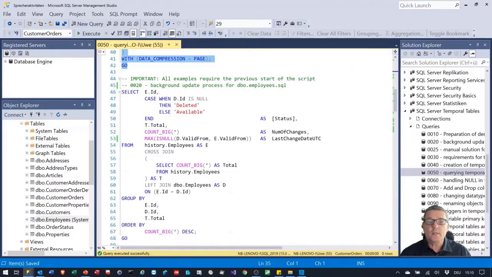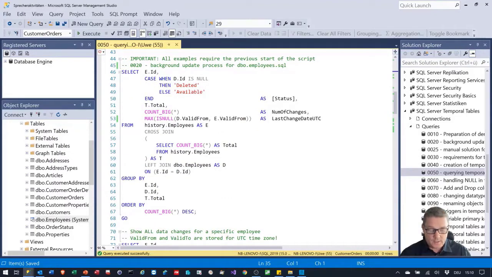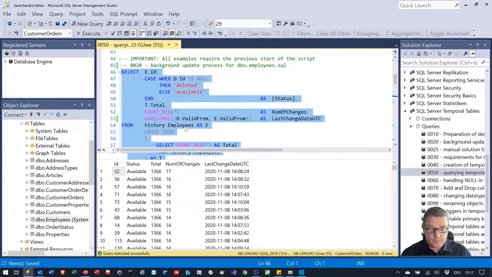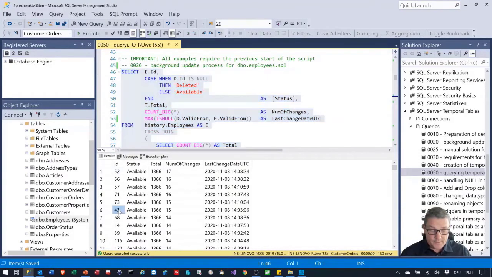Before we go ahead, let me check how many changes we have in the history table. Therefore I need a query where I run a count on the history table. I group it by the employee ID, and this is our result. You can see very clearly that, for example, employee 43 has 15 changes so far. The last one was from